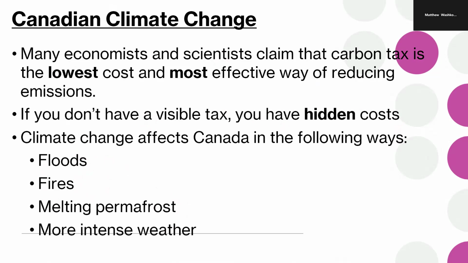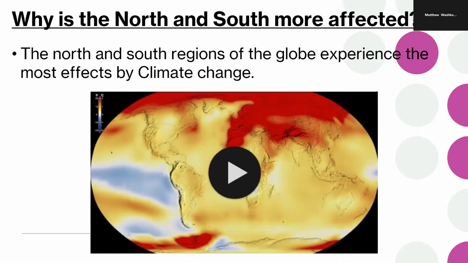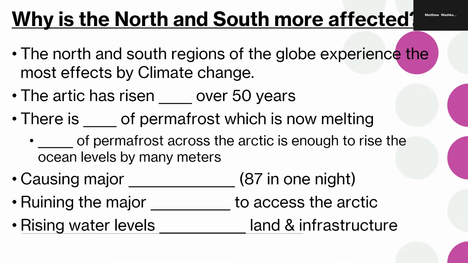Everywhere. We see that permafrost melting. In fact, that's actually a benefit for Canada, because that is opening up our north. So we're basically going to have the next global shipping passage. And then more intense weather, of course. We have seen that the poles of the Earth, the North and the South, get the most major change. So right now, the Arctic is about, I think, 7 degrees hotter than it was 100 years ago, whereas if we look at Saskatchewan here, maybe it's about 1.5 degrees. So you want to write this down here.